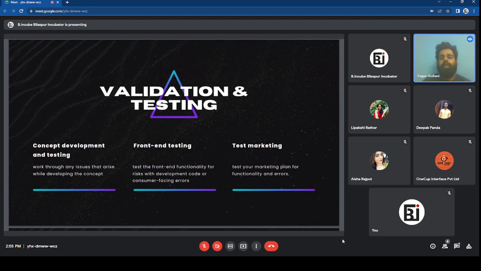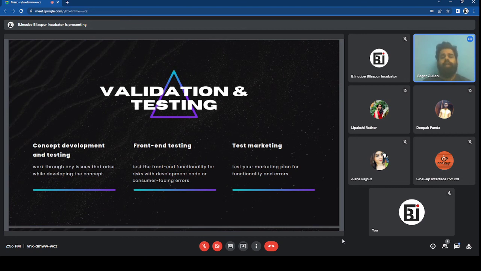After that, test marketing is there. Before you begin producing your final product, test your marketing plan also for functionalities and bad errors. Have a look at the item offering. So what's the price you are offering? This is also a time to ensure that all the campaigns that you have set up are correct and ready